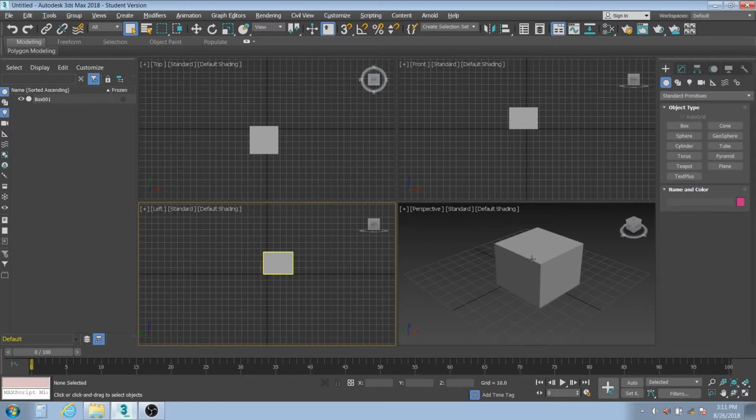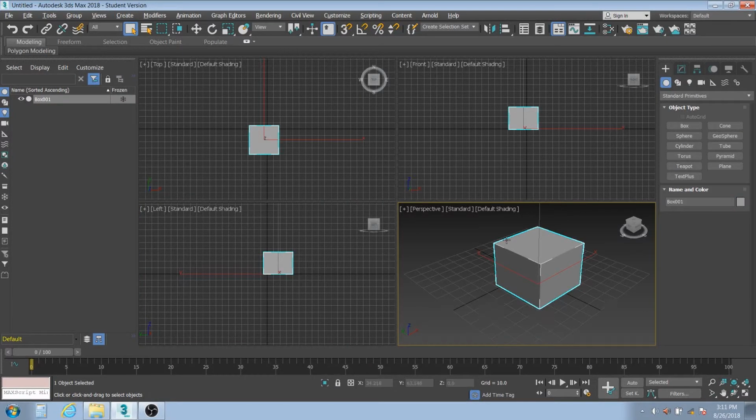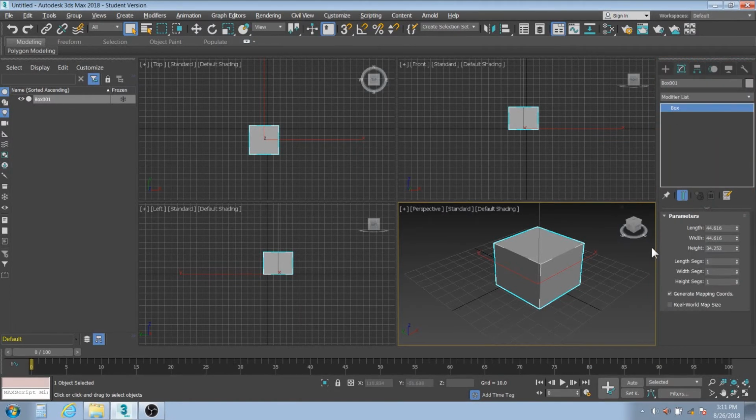So we've got our box here. If we were to take a look at this box, come on over here to the command panel. We're going to become real good friends with the command panel here in just a little bit. Right now you're in the Create tab. Let's move over to the Modify tab. When we go to the Modify tab, we get the parameters and all kinds of other things that have to do with our primitive,